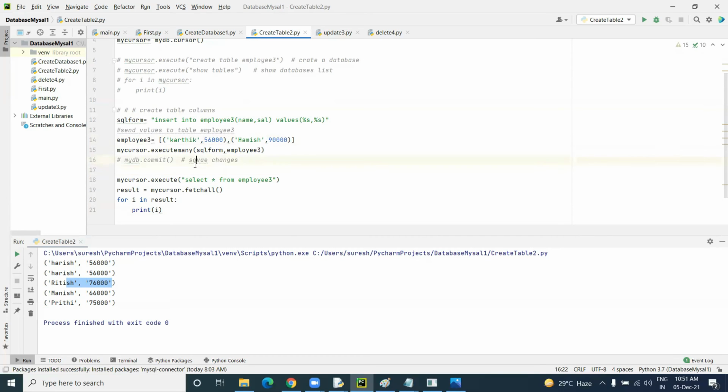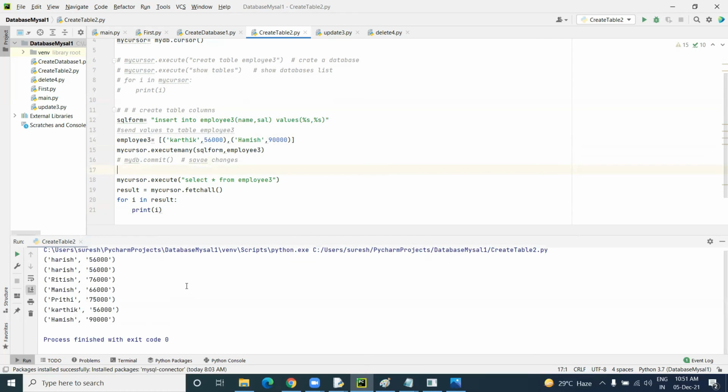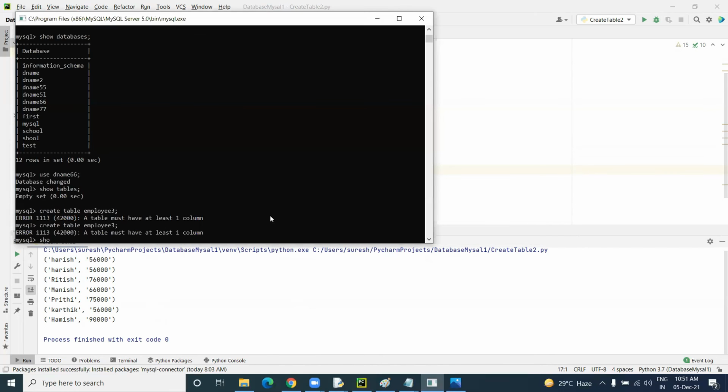It does not save anything. Let's try to execute and see. Even if you try to change, the changes happen for Karthik and Harish, but if you try to see in the actual database, it doesn't show. We use show databases.